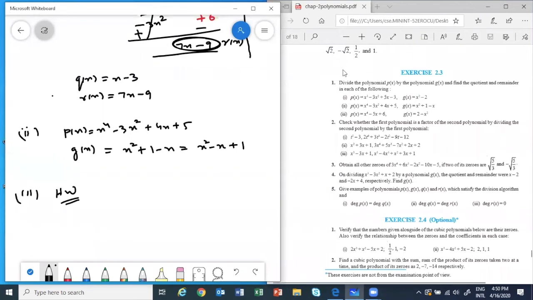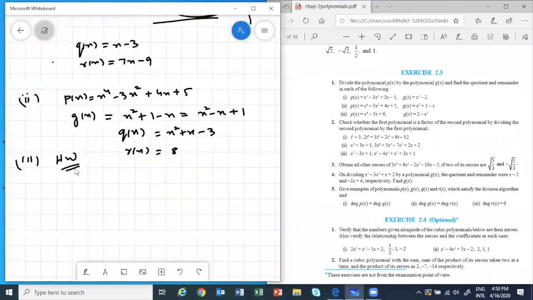So all of you will get. So for second question, your qx will be equal to x square plus x minus 3 and your remainder is going to be 8. Okay? Yes. Anybody who hasn't got it? Okay. Now third part you can do for homework. Let's move to question number 2.